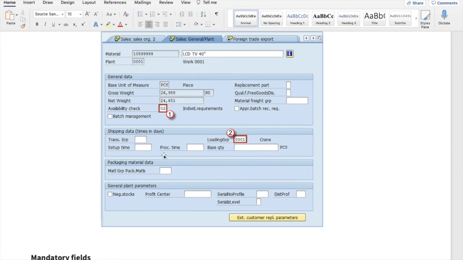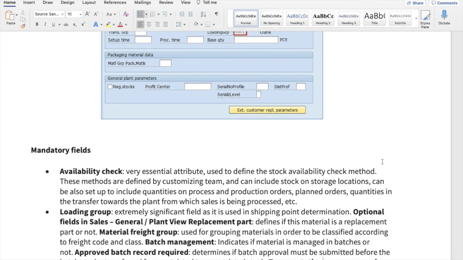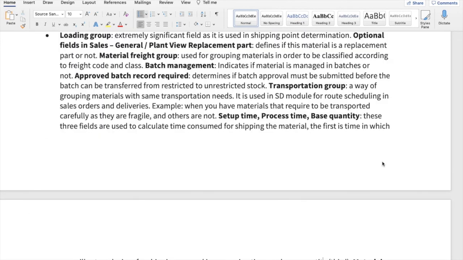Then you can also maintain the setup time, the processing time, and base quantity. Let me take you to that particular area: setup time, process time, or base quantity. Suppose you are dealing with a material which has a specific shelf life.